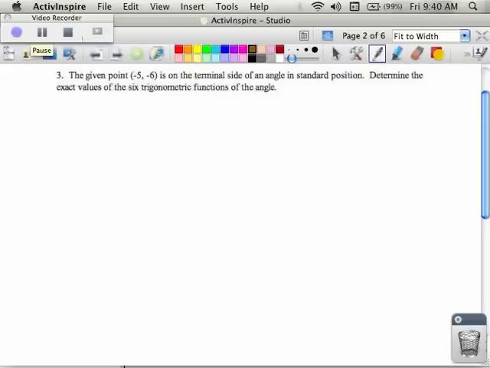Okay, one of the toughest things I think in math, at least for me when I was a kid, is reading a problem and figuring out what to do with it. So that's called decoding. When you read something and you try to figure out what it is telling me I need to do. Whenever you see something with the given point,